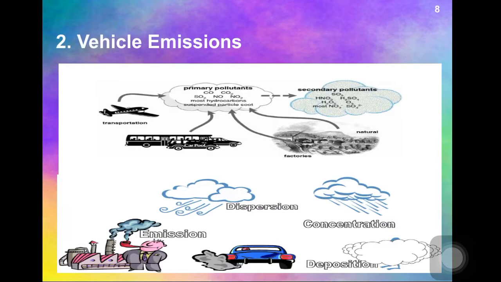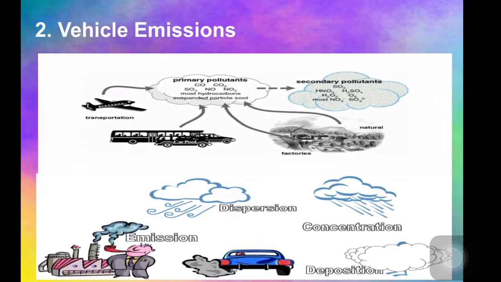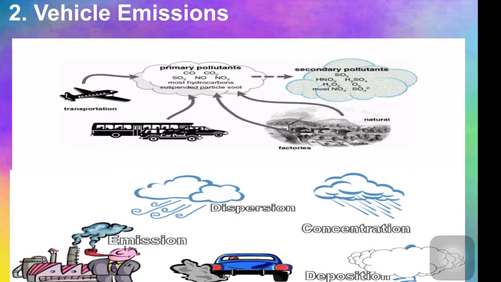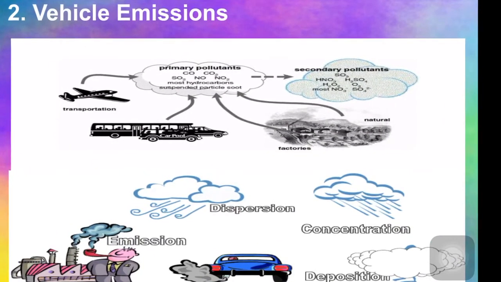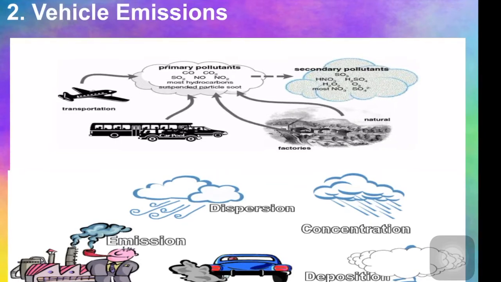The next one is vehicle emission. As you know, vehicle emissions are another source of fossil fuel emissions, which invariably lead to air pollution. Cars, heavy duty trucks, shipping vessels, trains, and aeroplanes all burn lots of fossil fuel to work. Emissions from automobile engines hold both primary and secondary pollutants. This is a major cause of pollution.